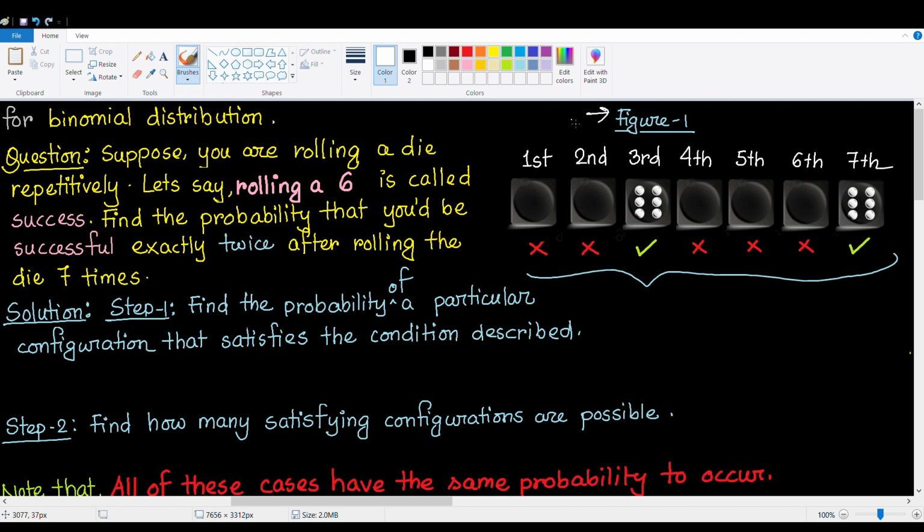In figure 1 we see that the third and the 7th roll showed success. Therefore, in the 7 turns there are 2 successes, so it satisfies the condition. So what is the probability that if the die is rolled 7 times, the third and the 7th turn show 6? You know that the probability to be unsuccessful in the first turn would be 1 minus